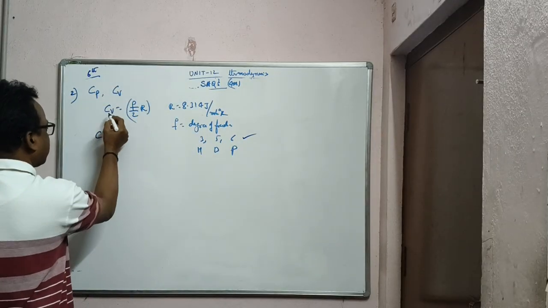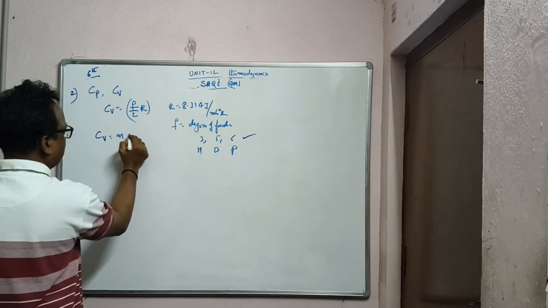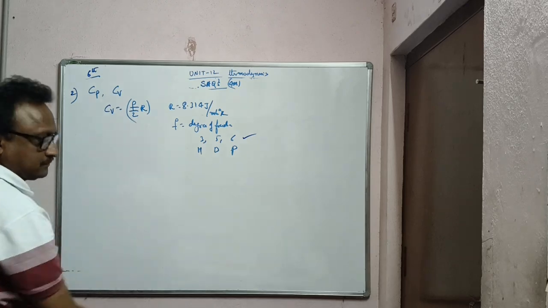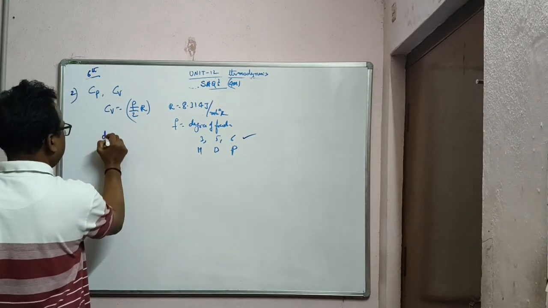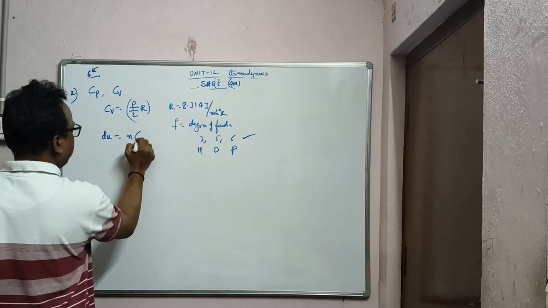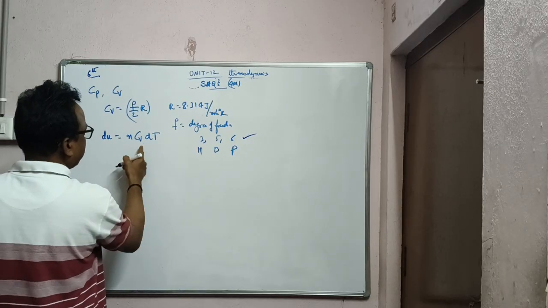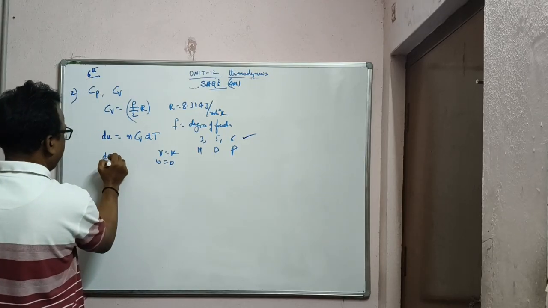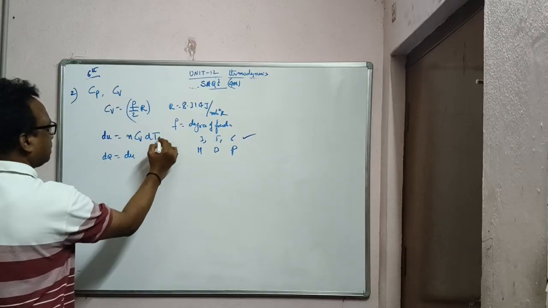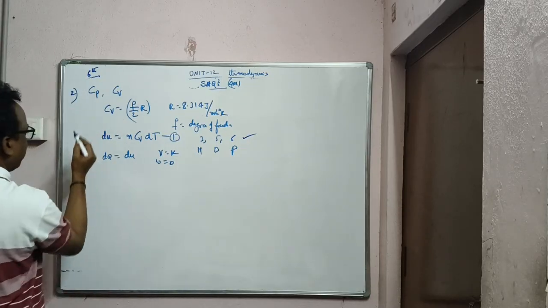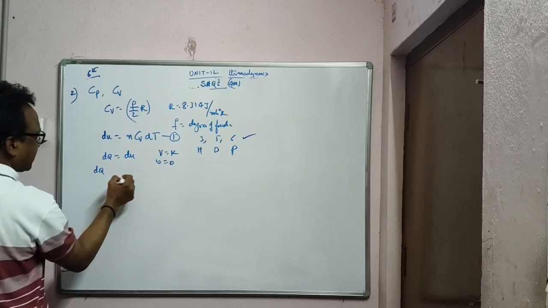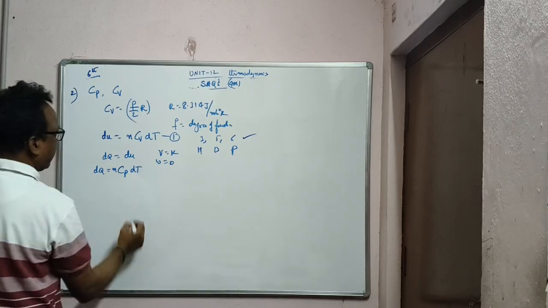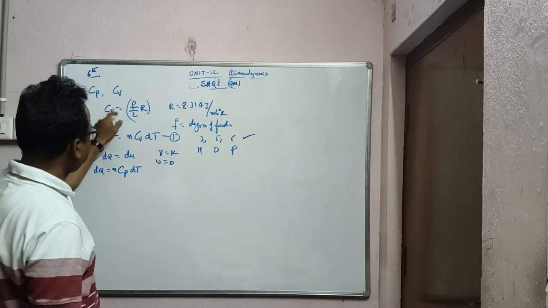In terms of the thermodynamics first law, Cv is equal to n into Cv. You can write it in this fashion: dU is equal to n Cv dT. In this case volume is constant, so work done is equal to 0, so dQ is almost equal to dU. Similarly for Cp, at constant pressure work is done, so therefore n Cp dT. Everything in terms of degree of freedom,